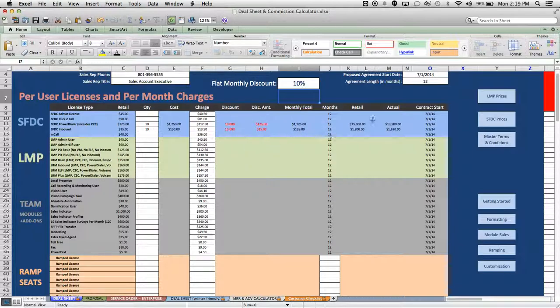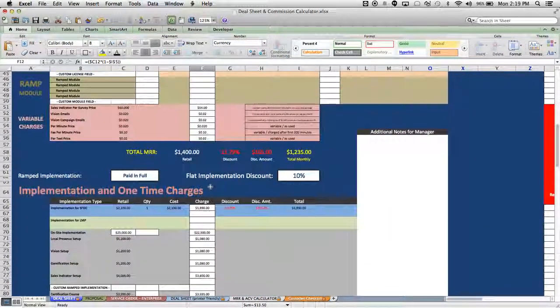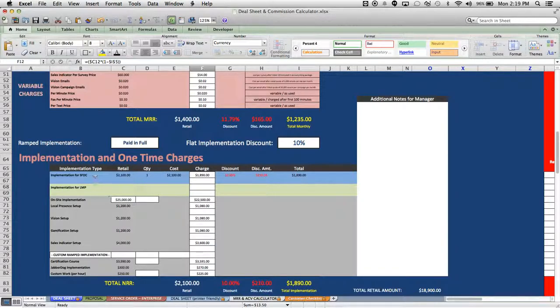You'll see the months reflected and the start date of the module or the license reflected over here as well. So if you do want to agree on a specific number, let's say that we just wanted to do these at $110 per, you can go ahead and just write that in there, and it'll do that, and it'll reflect the discount as well. One of the things you'll notice as well is that your implementation charges will automatically populate,